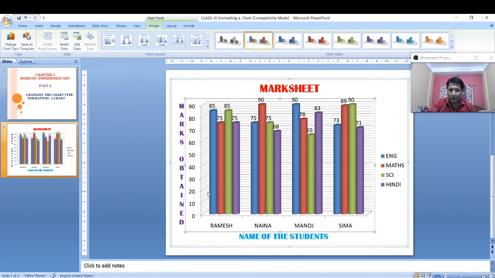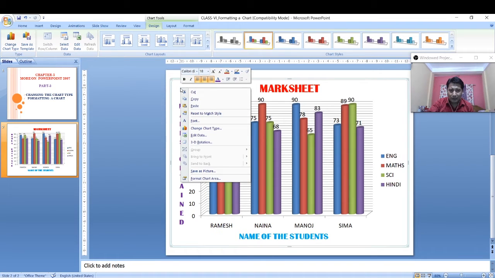Now under the plot area comes your y-axis, your x-axis, okay, say grid lines, data levels, and the data marker. Okay, you can format your chart as well as you can format your plot area separately. Okay, so first I will start with the chart area. So click outside. So this is my chart area. What you can do is you can right click the mouse button. From the drop down menu you can click on format chart area.